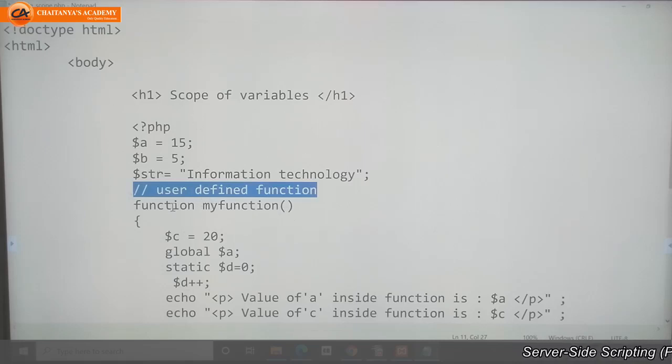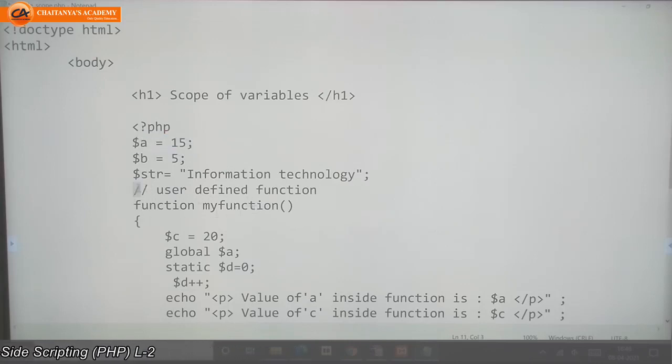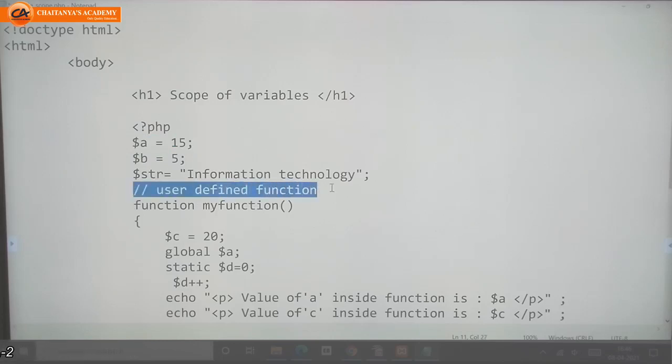Why do we declare a variable? What is the use of this variable? We need to write the use of that variable. So to write the use of variables and functions, we need to write some instructions, and those instructions should be written in the form of comments.